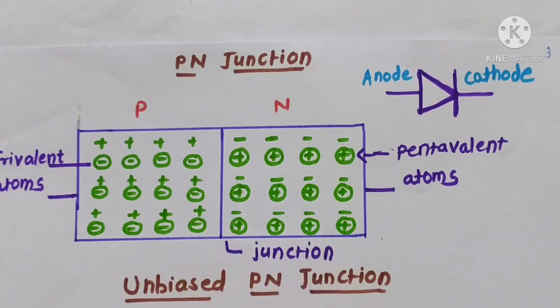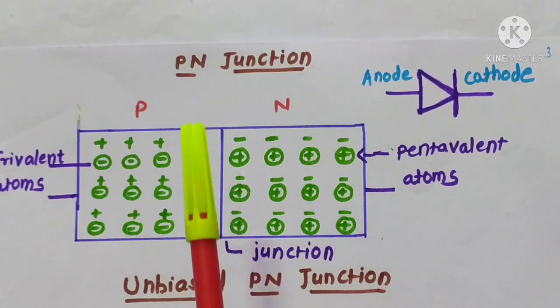Okay, when we add trivalent impurity on one side and pentavalent impurity on the other side, then both impurities meet at a point, and the meeting point of these impurities is called the p-n junction, or simply the junction,